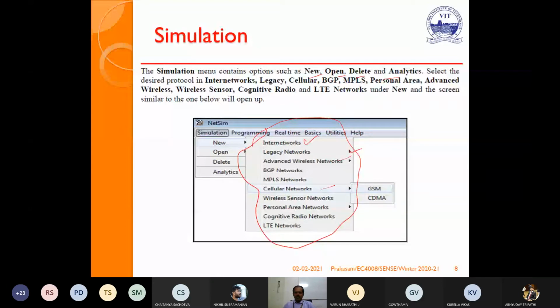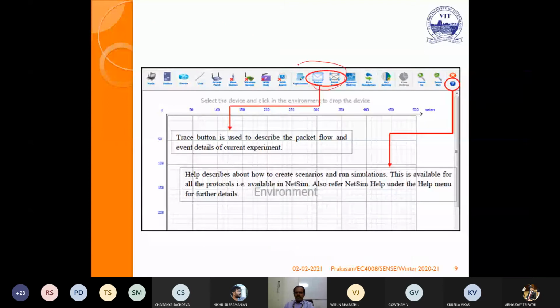So if you want to create a new environment, you click new, and then you get all the components required to create an environment for a different network. Then you can pick the components, connect them, simulate, and analyze the various parameters. Here, if you see these buttons, this red button is used to see how the packet is flowing. All these things we can analyze.